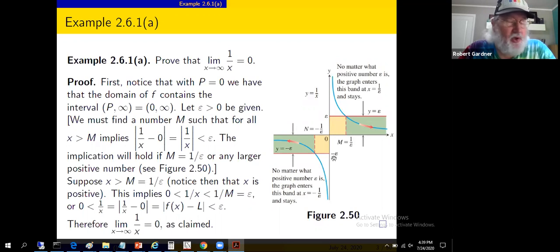Okay, so picture out of the book, I'd do it slightly differently and make this yellow band run all the way from negative epsilon up to epsilon. They've capped it below at 0. I know the function's never going to dip below 0 when we look at the right-hand half. Similarly, it's never going to go above 0 if we look at the left-hand half. We're having a conversation about the right-hand half. Here's epsilon. In this case, we would want this function to lie within epsilon of 0. We want it to be within this yellow band,